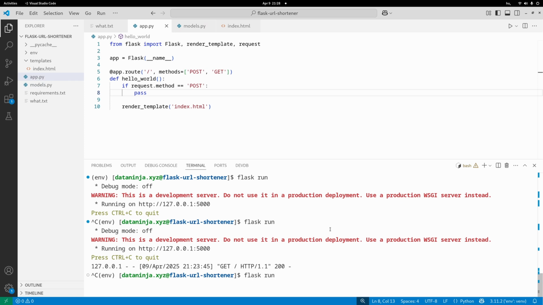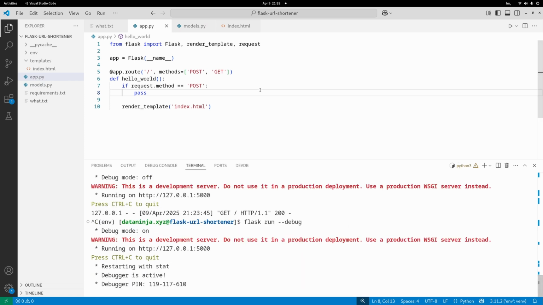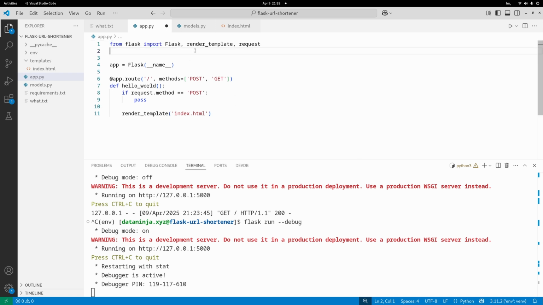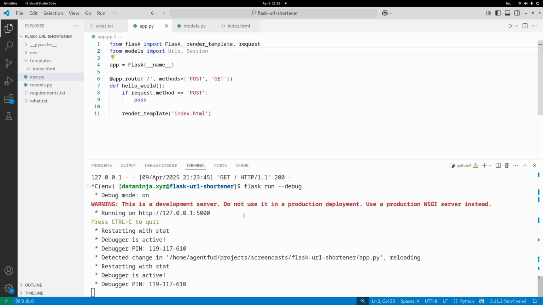Let's say I start it in the debug mode, and if I import something from the model, I will need the URLs and the session. So as you see,